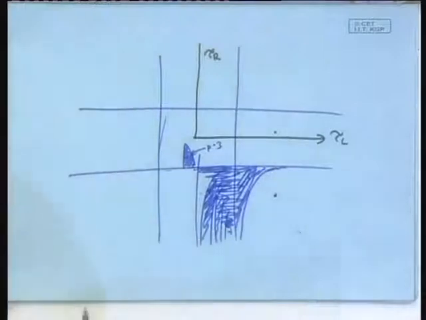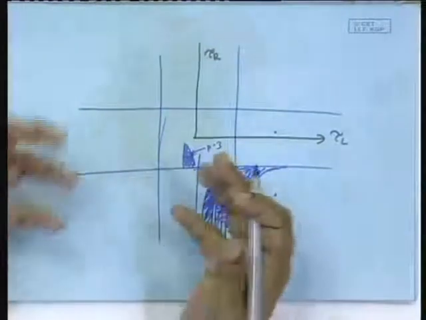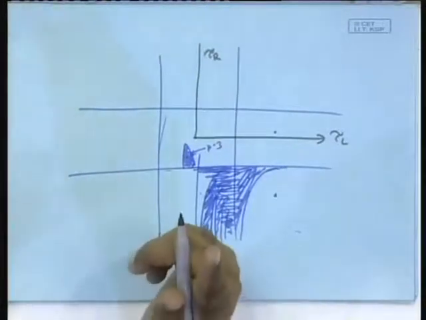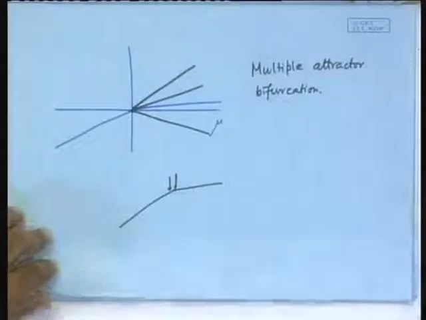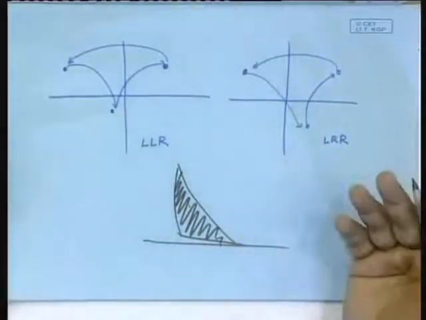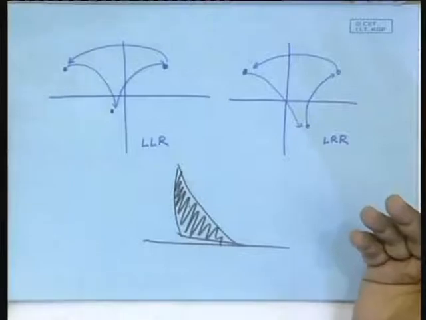So, that is the power of the theory, that we can anticipate from the theory that even though I do not see it, I am in a dangerous situation. Similarly, you can obtain the condition for existence of the period 4 orbit, period 5 orbit, period 6 orbit and all that, and all these will represent the multiple attractor bifurcation conditions.